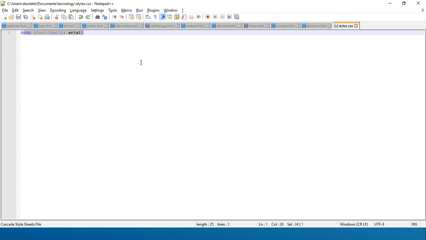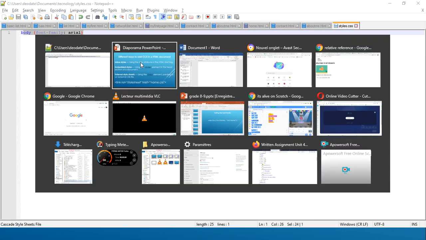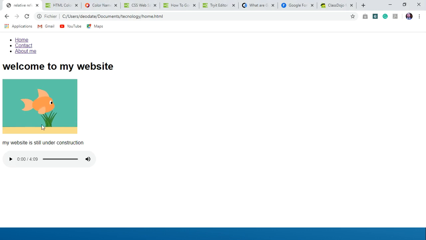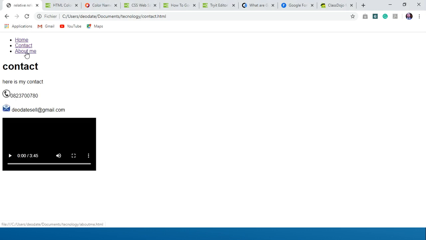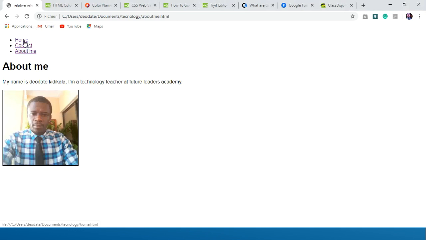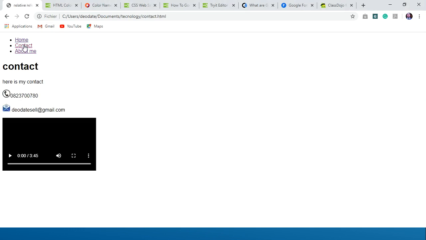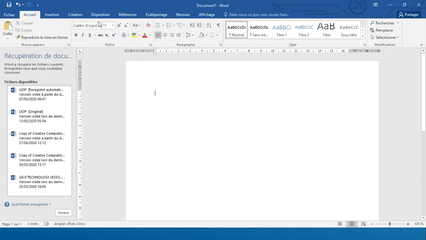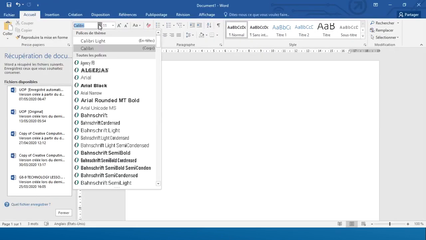So let's go back and see. Here's my document. So I refresh it. Okay. All of my documents will have Arial as a font. Now, let me go change it to another font just to make sure that it works. Let's say I'm going back to Word. If you don't know the font names,